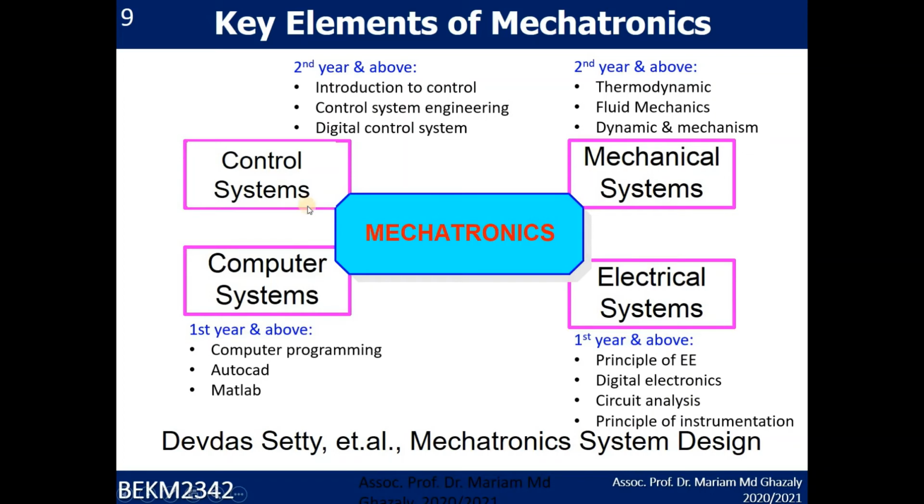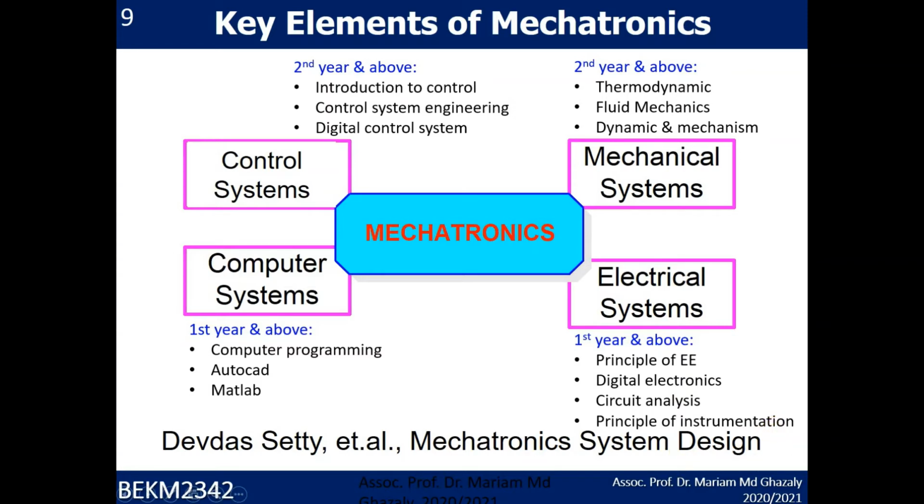Okay, so if you see here, under the control system, what you're going to learn in the 4 years you are in UTEM, in second year and above, is the subject introduction to control. Then you are going to learn control system engineering, and next digital control system, which is an elective that you have the option to take later on. For the mechanical system, you have thermodynamics, fluid mechanics and dynamics and mechanism. For the computer system, you have the subjects computer programming, AutoCAD and MATLAB. And lastly but not least, the electrical system subjects, which are principle of electronics, digital electronics, circuit analysis, and